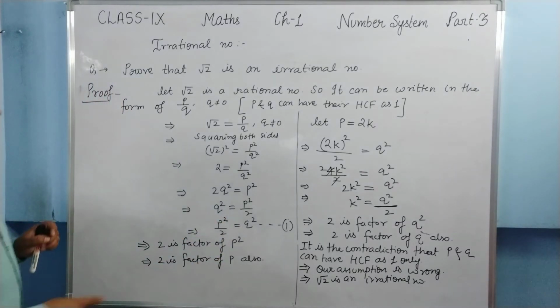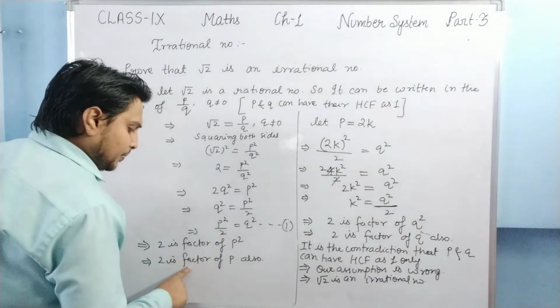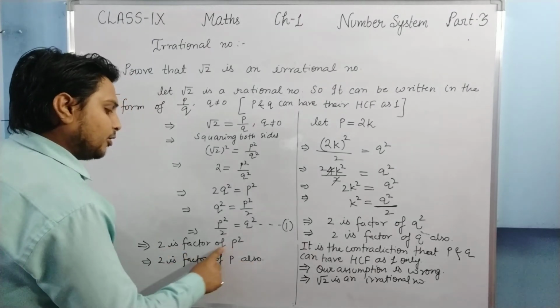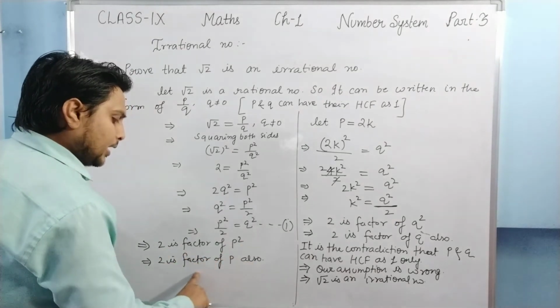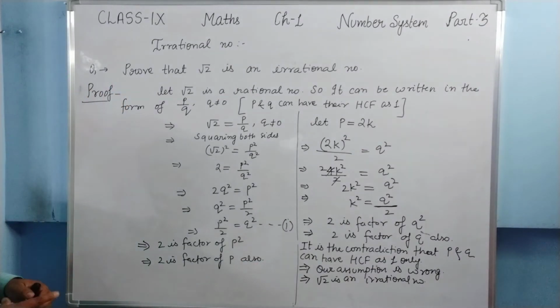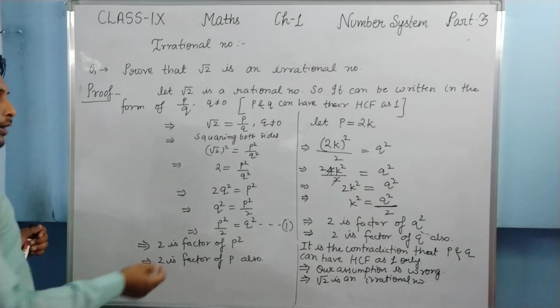If 2 is the factor of p square, it means that it will be the factor of p also. Basically it is the theorem of number system where you can directly say that if a number